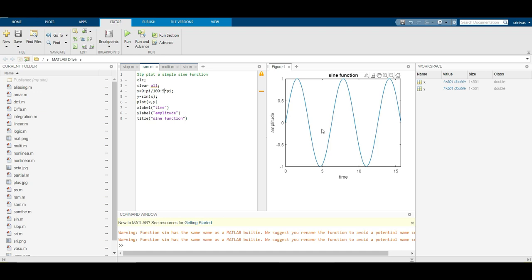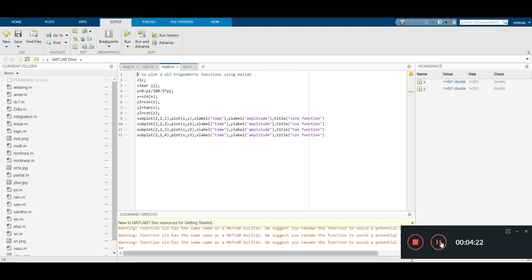And now let's see about subplot, how to go with subplot. Here you can observe clc, clear, and the x variable. I have taken all the trigonometric functions like sin x, cos x, tan x, cot x along with subplot. If you have not seen the previous session, plots part 1, you must watch that video, and only then will you be able to get the idea about the subplot function easily. In that video, I explained it clearly with the matrix format.